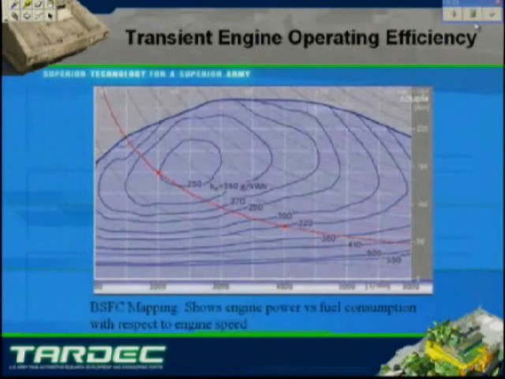This is a brake-specific fuel consumption map for a typical engine. What it shows is the amount of engine power put out by the engine versus how much fuel is being consumed at the engine. The lower the brake-specific fuel consumption number, the better the efficiency. Right there, it's about 250 grams of fuel consumed per kilowatt hour produced by the engine. Down here, you're consuming twice as much fuel